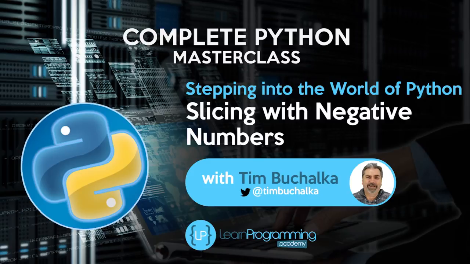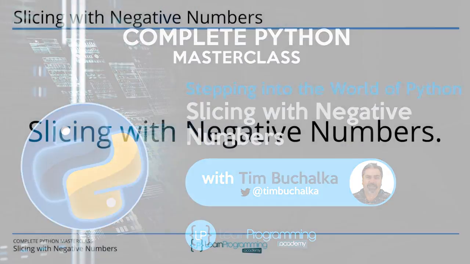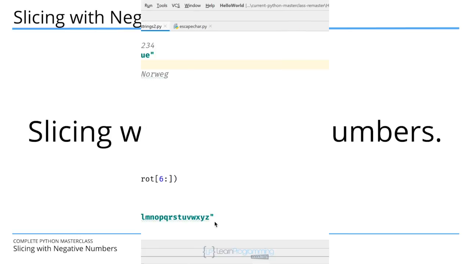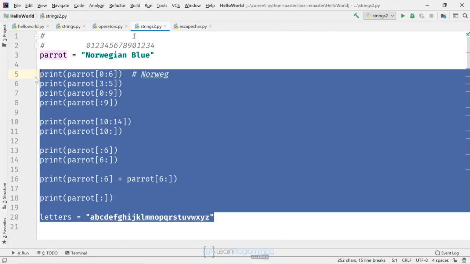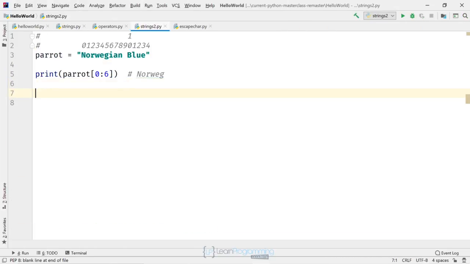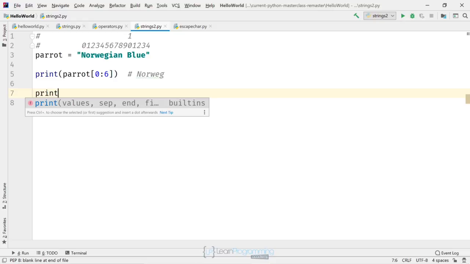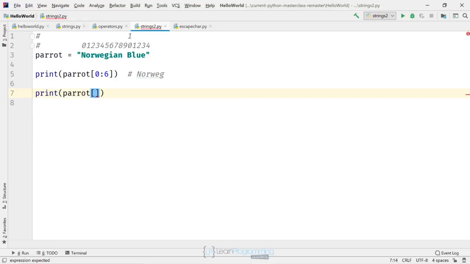Continuing with our strings 2 program, I'm going to delete everything except the definition of parrot on line 3 and also the first slice. The start, stop and step values in a slice can also be negative. So let's add some code on line 7: print, then left parentheses, parrot, left square bracket, -4, :2, right square